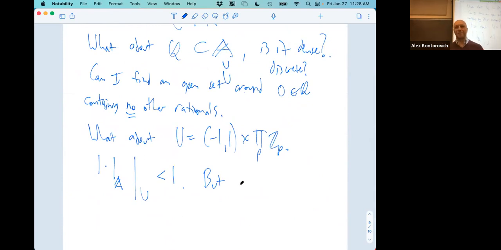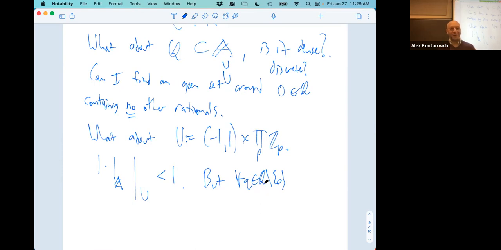I have to think about whether it can be used as a basis for this. Sorry, I got a little lost. What exactly are we taking U to be? So here's this set U, which is [-1, 1] in the reals, and then Z_p on all the p-adics. I claim that if you take the Adelic norm, the product over all places of the norms, restricted to U, that norm takes value strictly less than 1, because it takes value less than or equal to 1 on all the Z_p's, and it takes value strictly less than 1 on the reals. It has no points with absolute value equal to 1.